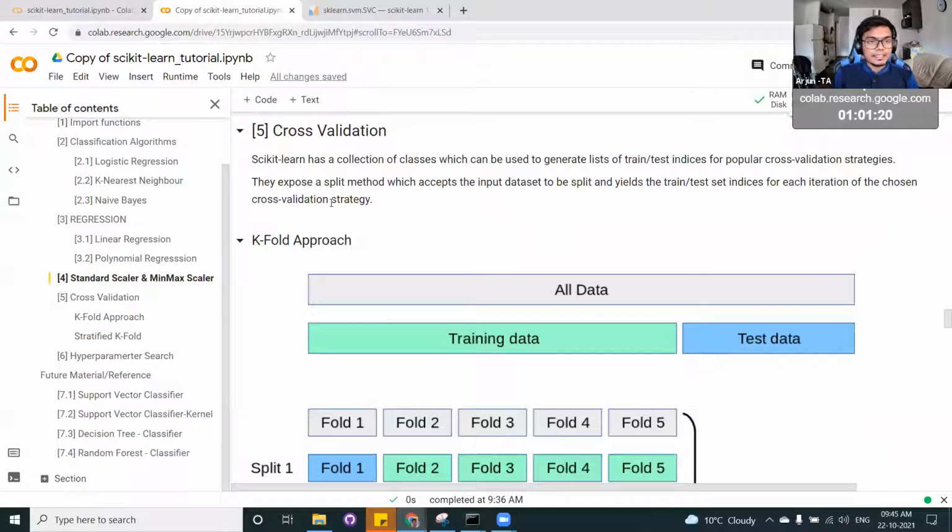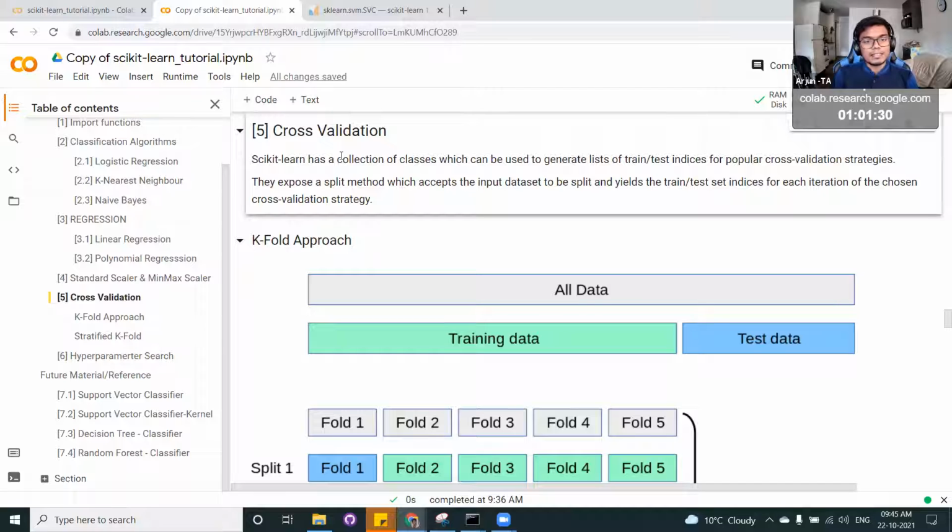Okay, next important thing, again, this is a very important concept for all your machine learning projects or Kaggle projects. It's called cross validation strategies. Previously we have seen one cross validation strategy, that is train test split, that is 80% for training and 20% for testing, or 70-30, so you can play around with it. That is also one kind of cross-validation strategy.